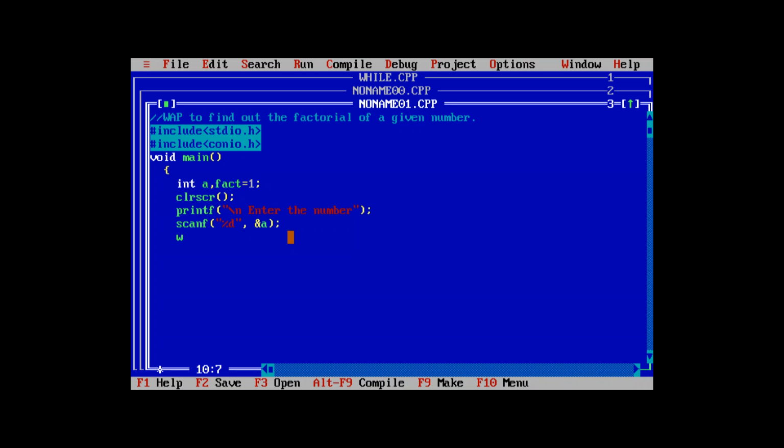Then use the while loop. Here the while loop comes. Now, what is the condition? This will execute till a is 1. Why? Because whenever we have to calculate the factorial, it goes till 1, not till 0. For example, if I have to calculate 5 factorial, that is 5 into 4 into 3 into 2 into 1, not 0. So this is while a is greater than 1,